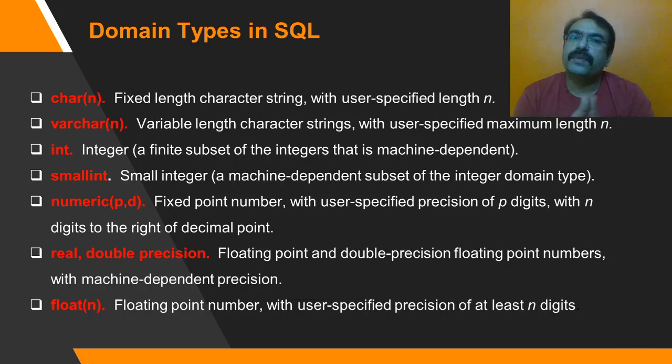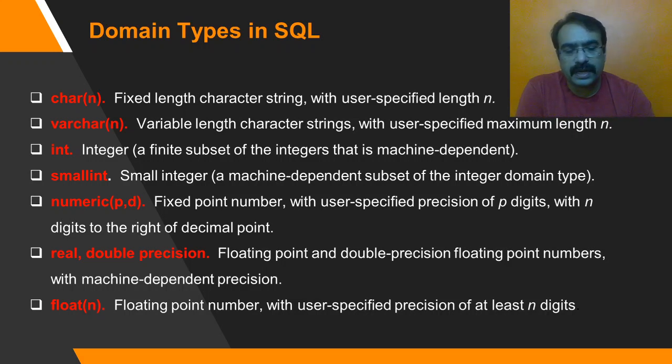That is also supported. Along with that, the domain types also support date data type, time data type, and in a few cases money data type. In advanced versions of SQL or DBMS, these things are also possible, but right now we are going to deal with these preliminary domain types in SQL. With these domain types, we are going to define our table or relation and the attributes present in that, which we are going to see.